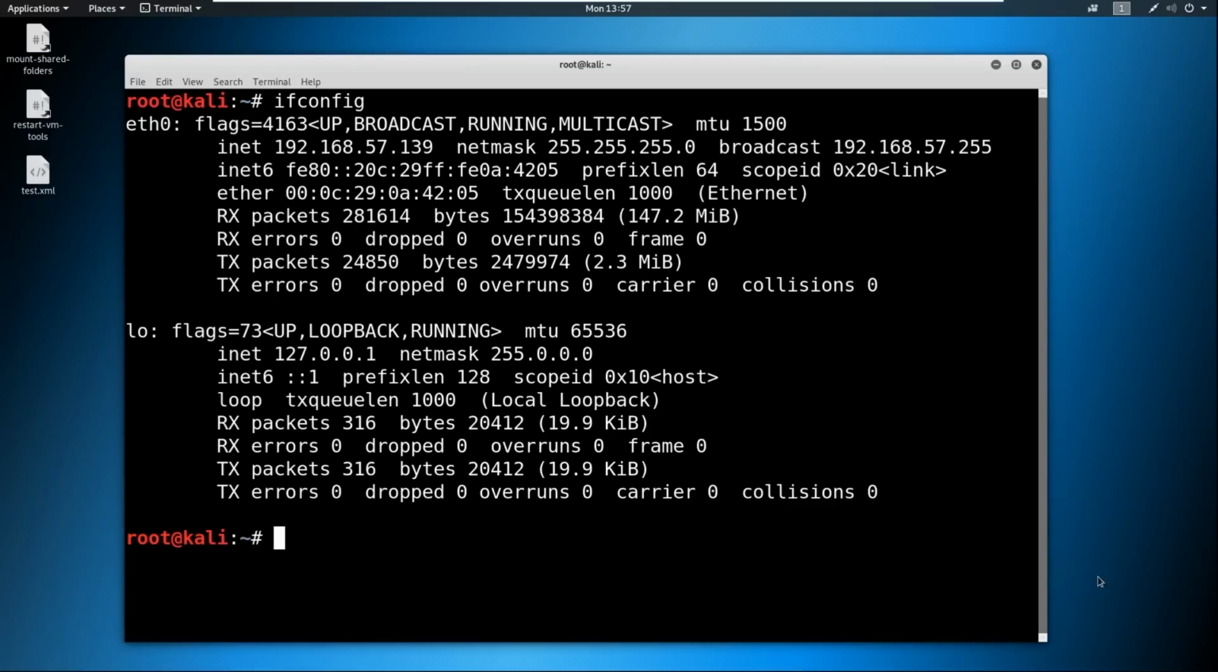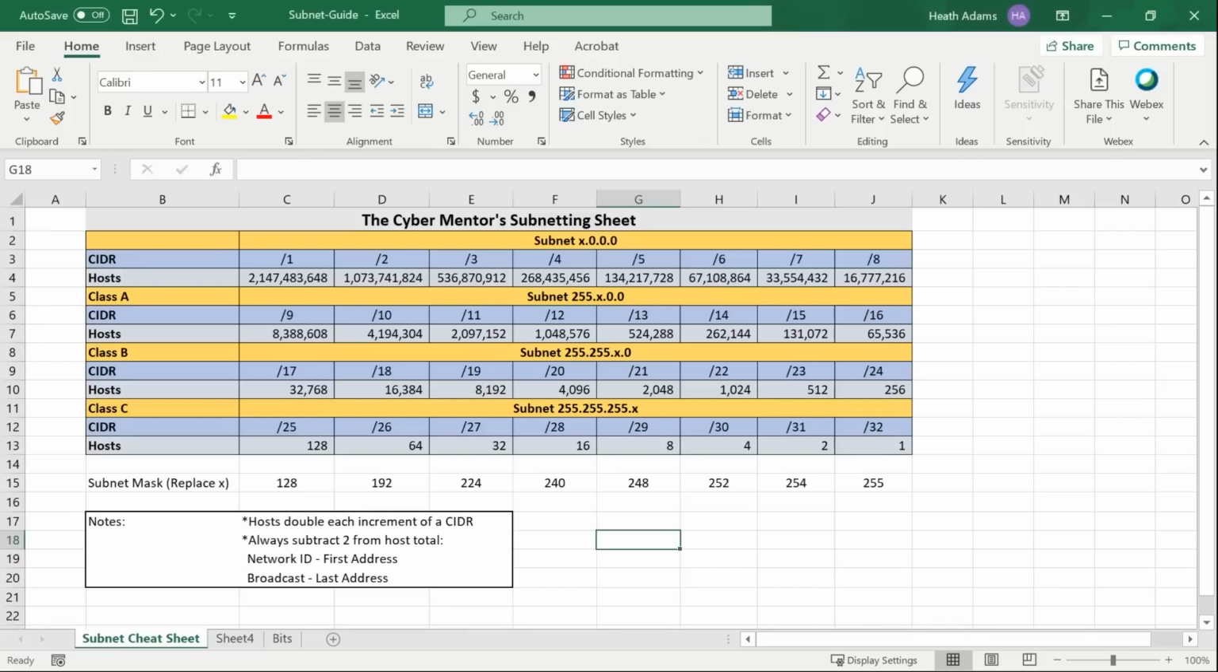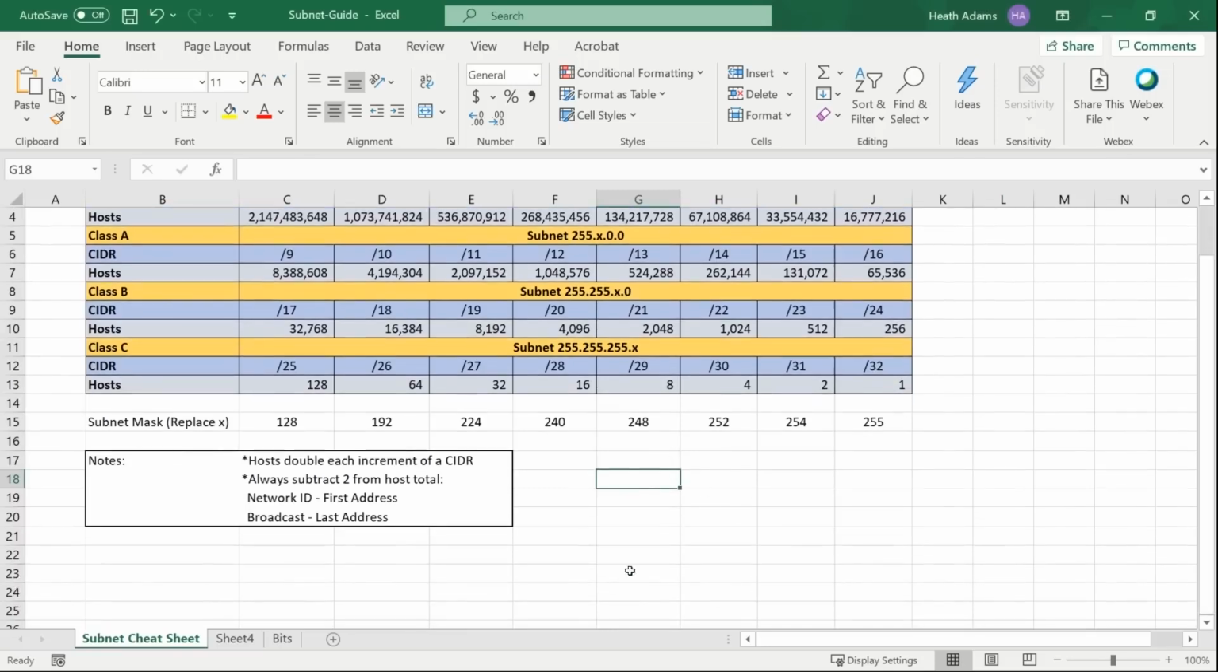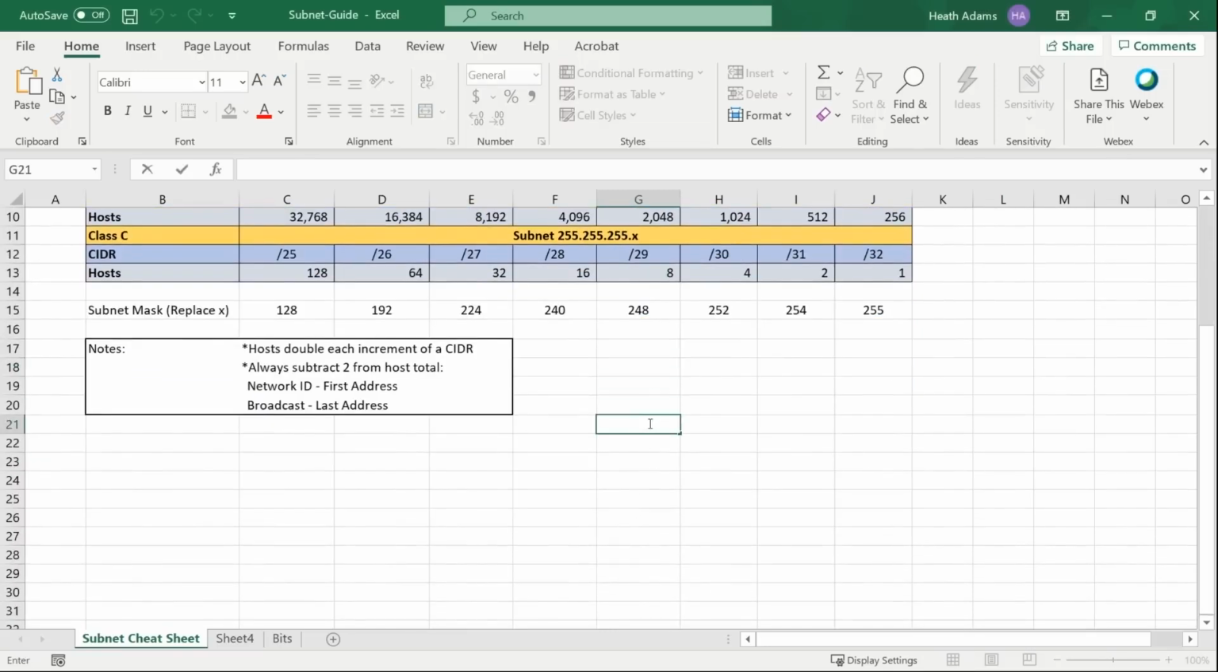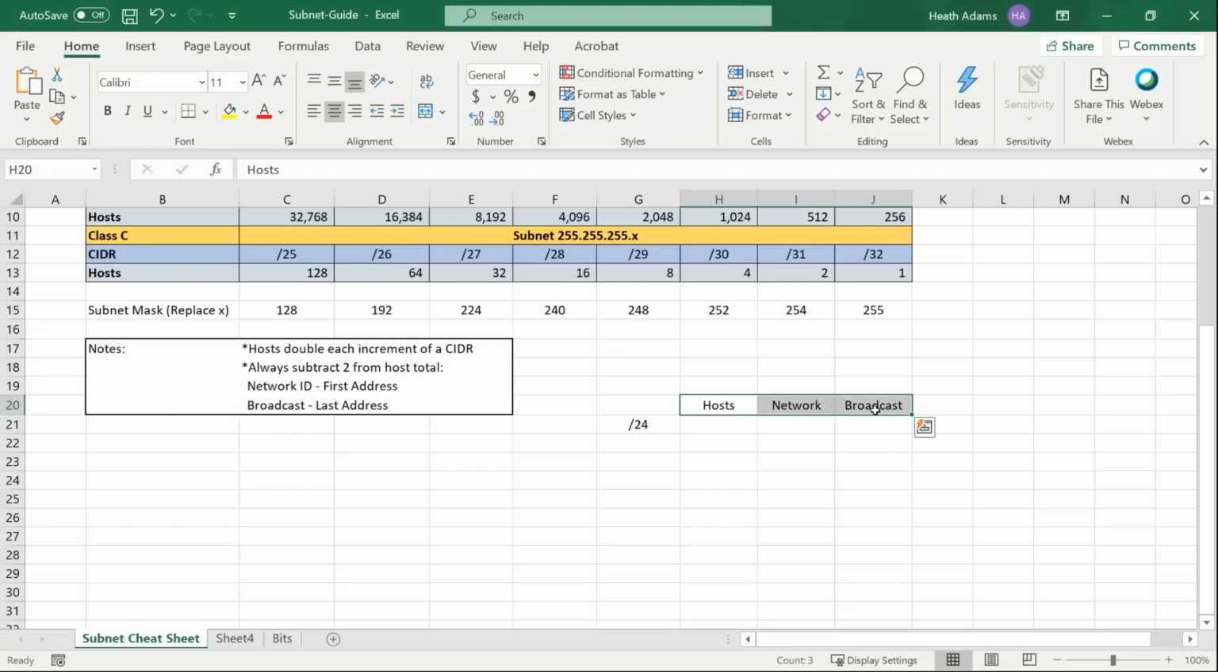So if we were to say something along the lines of, let's go back to this Excel document, and we were to say something along the lines of this. Let's say that we have a /24 network, and we want to know how many hosts, what our network ID is, and what our broadcast IP is, okay? We would say, okay, and we'll give it one more. We'll say it's a /24, and the IP starts with